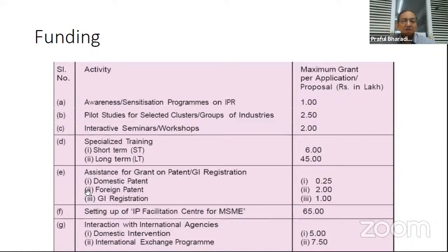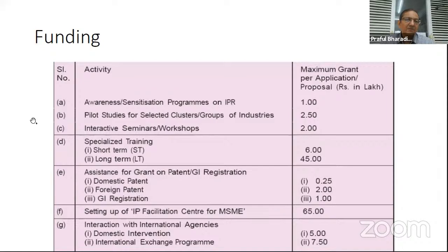Assistance for grant of patent and GI registration, again domestic, foreign and GI, is given over here. Setting up of an IP Facilitation Center for MSME, 65 lakhs is provided. Interaction with international agencies, domestic and international, again you have funding available. So this is the support which is extended by the MSME department, Government of India, and MSMEs can take advantage